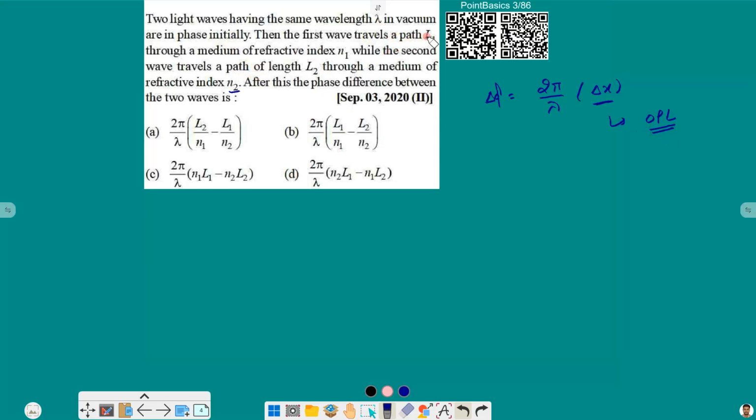So in the first medium we have n1 and l1. So here delta x will be equal to the optical path length in the first medium minus the optical path length in the second medium. So n1 l1 minus n2 l2, and from this we can write that the phase difference will be 2 pi by lambda into n1 l1 minus n2 l2, and that will be option C. Moving ahead,